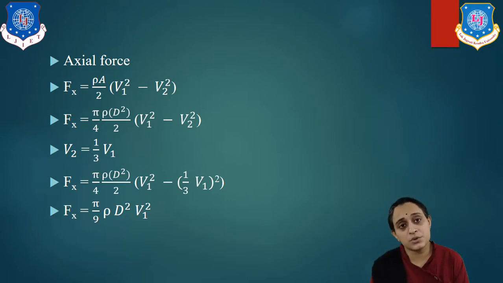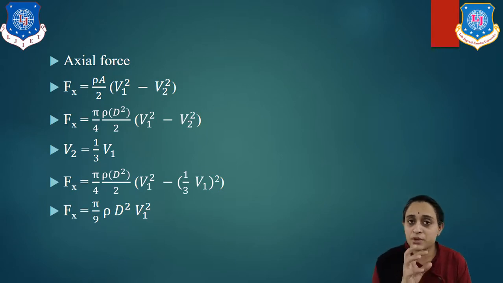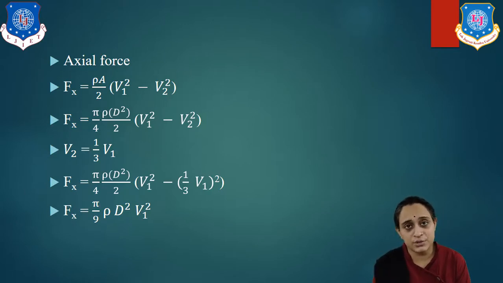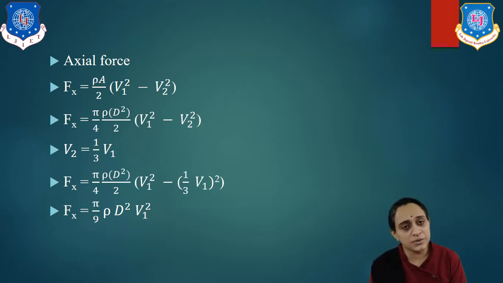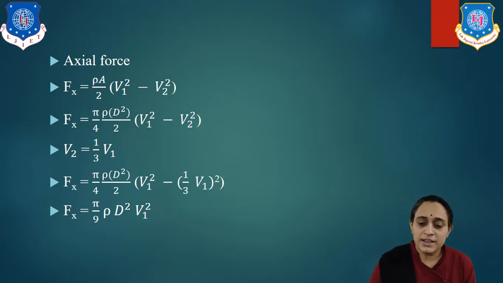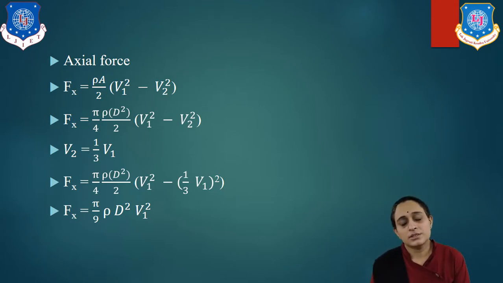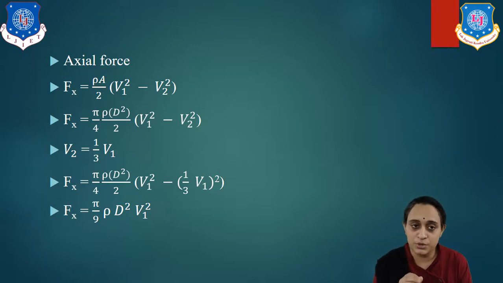Now if you see this equation, axial force is directly proportional to the velocity. Because in this case density is constant, diameter is constant, it cannot be changed according to the system, but velocity is the variable value. So force is directly proportional to the velocity square and generally input velocity square. Now let us move towards the aerodynamic forces. Now students, these all forces are very important to us.